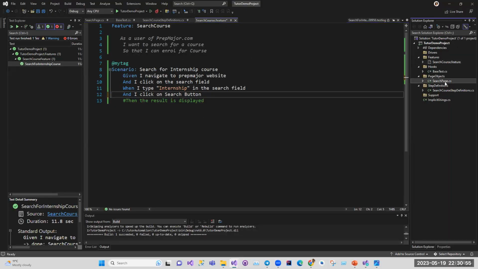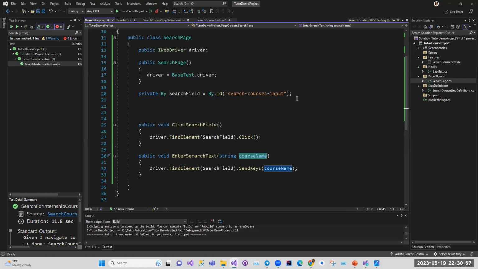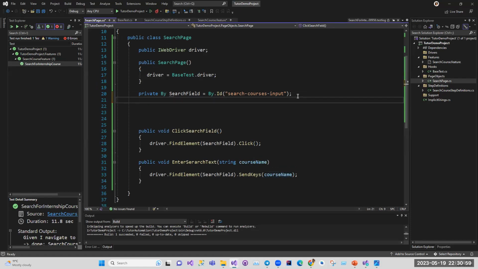You come to the page objects and you write your object, private By. So we can call that search button. Normally you can always start with a lowercase, so I'm going to change this to a lowercase and make the correction here. Yeah, that fixes it. Search button